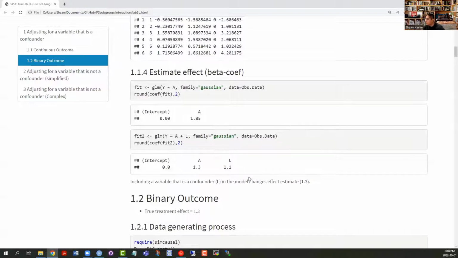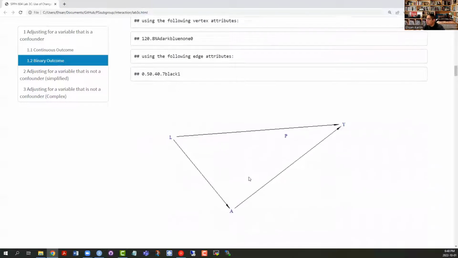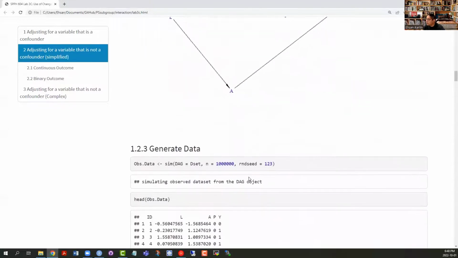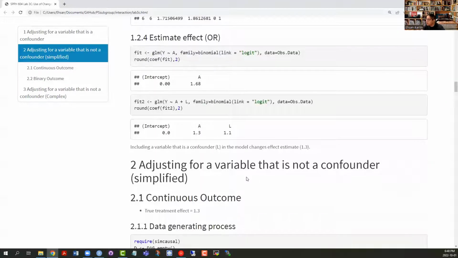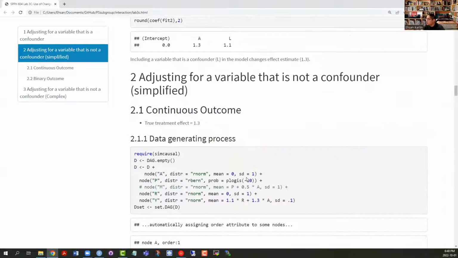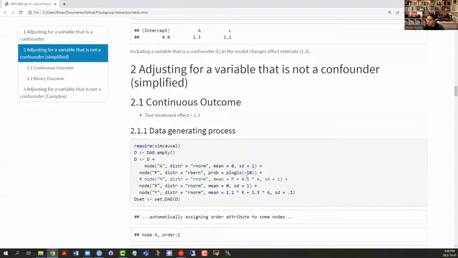Okay, in our true scenario, obviously L was a confounder variable, and this is giving us the correct decision of whether one should adjust for a variable or not. All right, let us use a counter example. This is a much simpler example